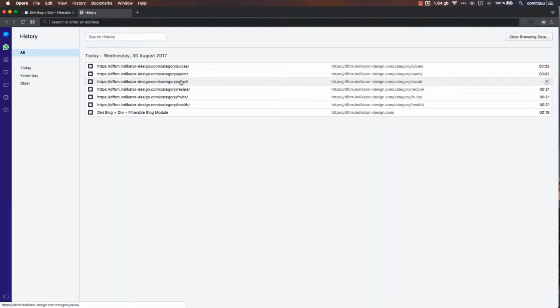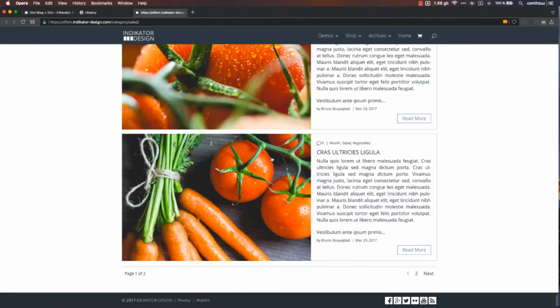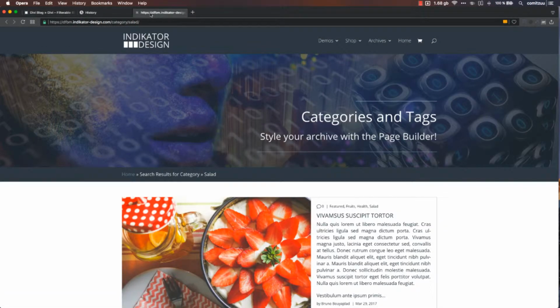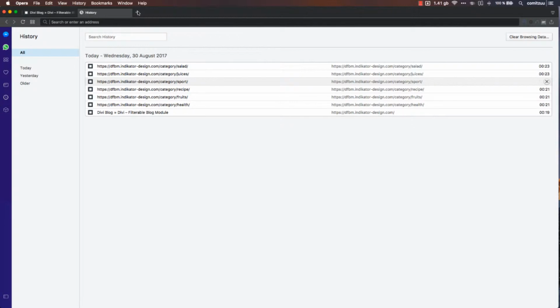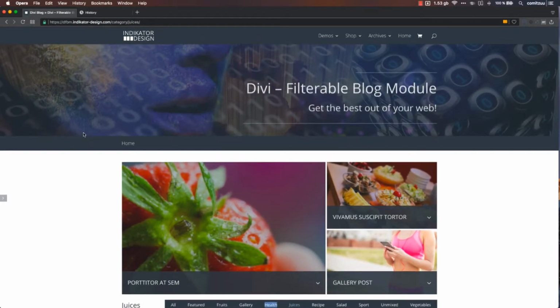I will do it for salad also. Click on salad, it opens at the category page. But this is strange behavior, because when a user reloads the page, he or she will still exist on the same page. And that's the reason why I implemented a